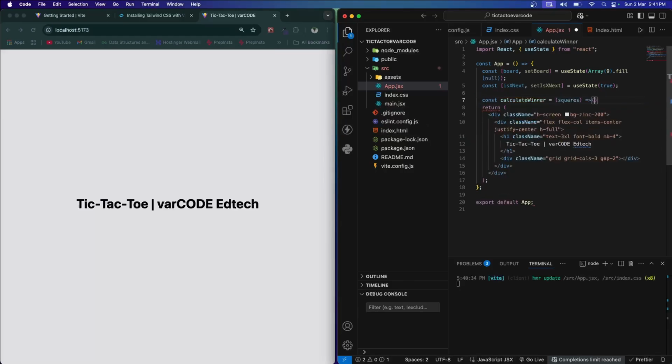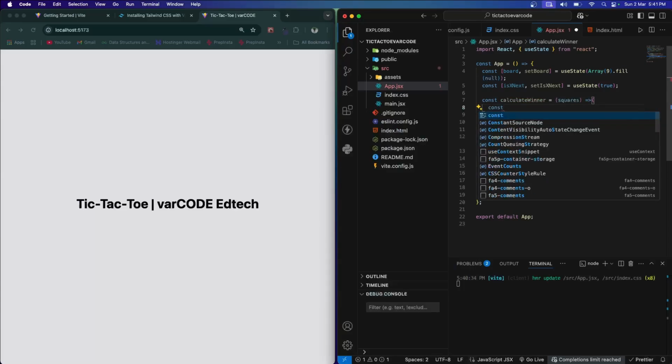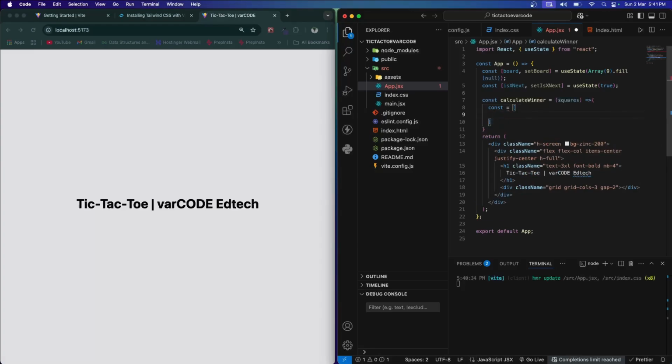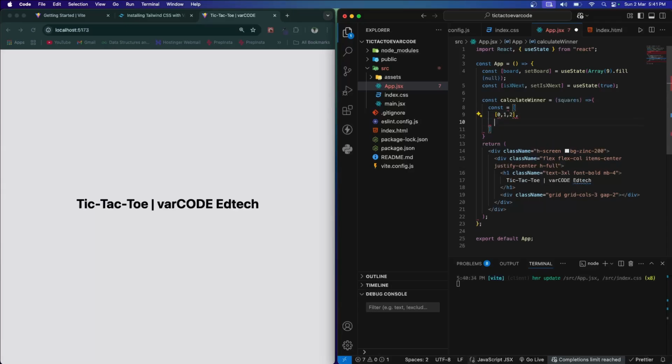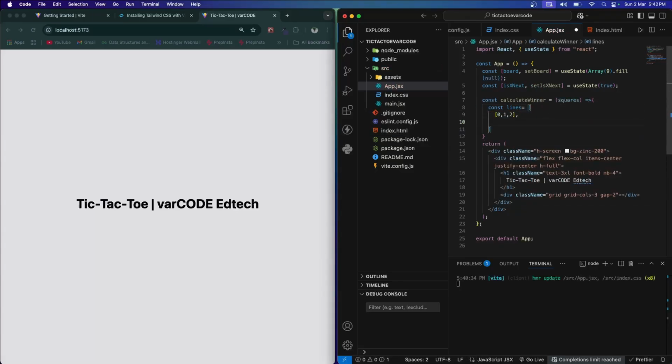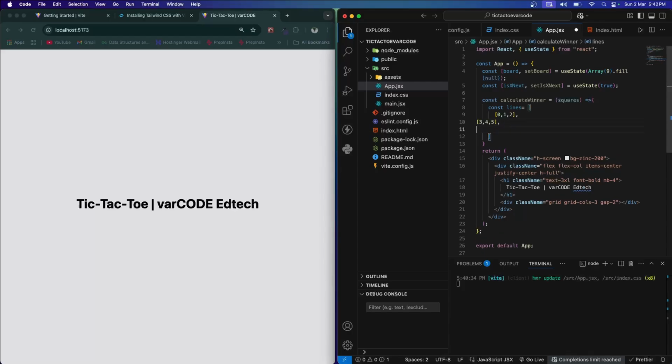squares. Now I'm going to initialize one array, actually I'm going to fill it diagonally, because we need a 3 by 3 array. So basically you need to do like this: 0, 1 and 2. Okay, there is some mistake, I guess. 0, 1 and 2. You need to give the variable name. Now you can do 0, 1, 2, then 3, 4, 5, then we have 6, 7, 8, and